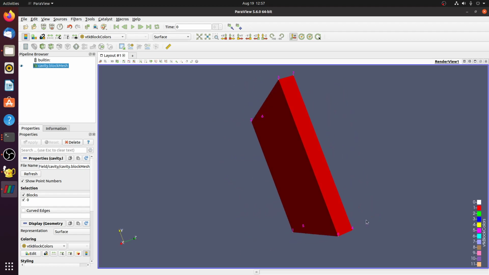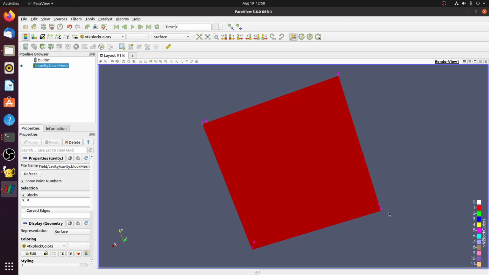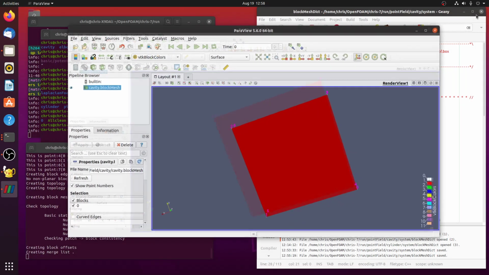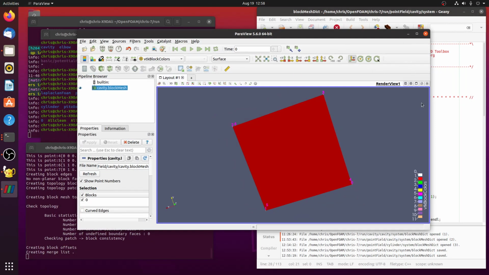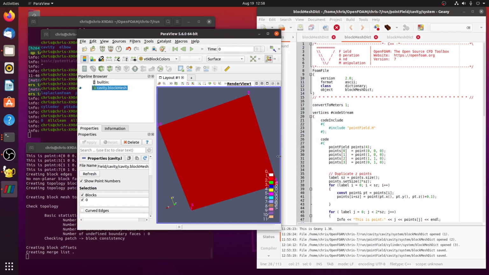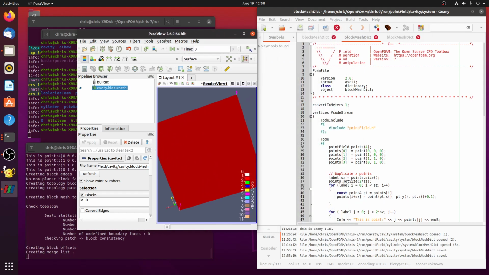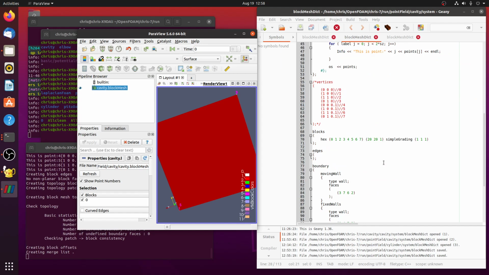we turn this towards us, we got 0, 1, 2, 3, and then we got 4, 5, 6, 7. And that's what the actual blockMeshDict says as well. As you can see here, we have 0, 1, 2, 3, 4, 5, 6, 7, 20, 20, and gradient is